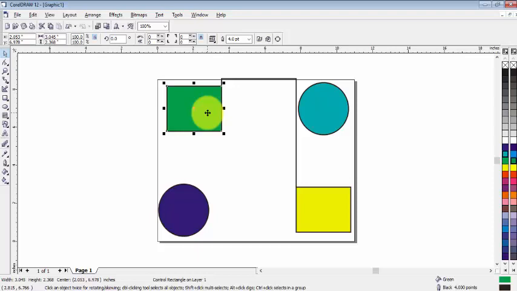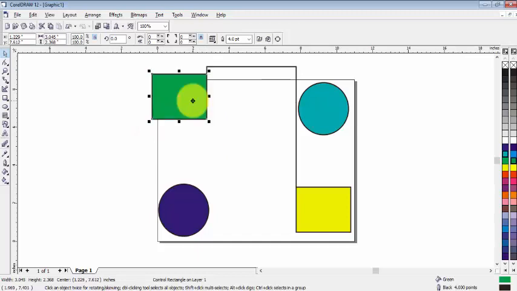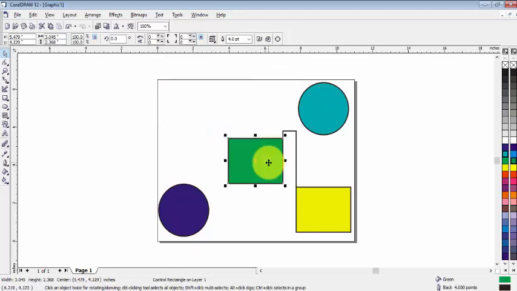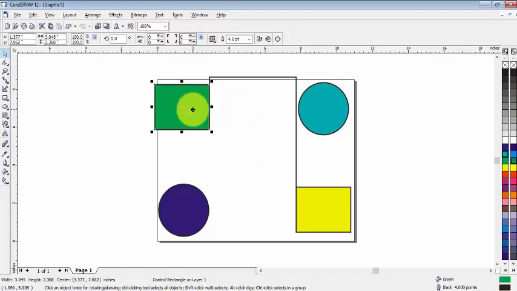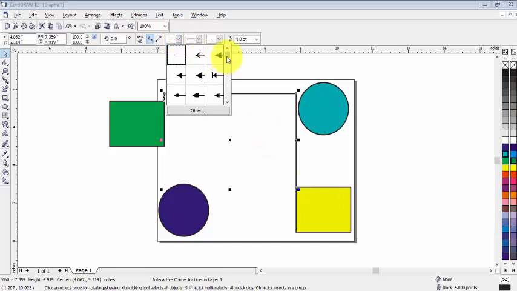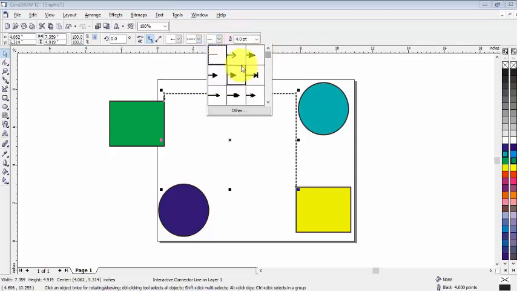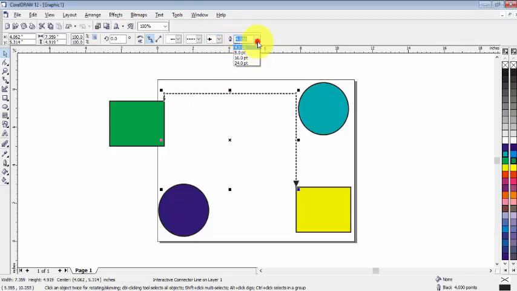And if I move an object like that, you can see this line is moving with this object, and we can change this line style. Like from here we can add start arrowhead selector, then we can change the line style from here, and we can add end arrowhead selector from here, just like that.